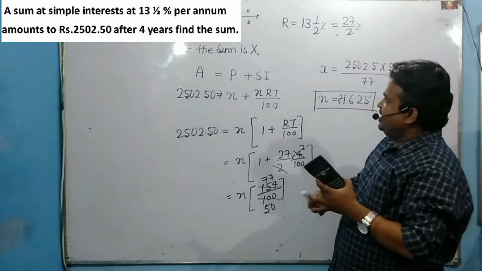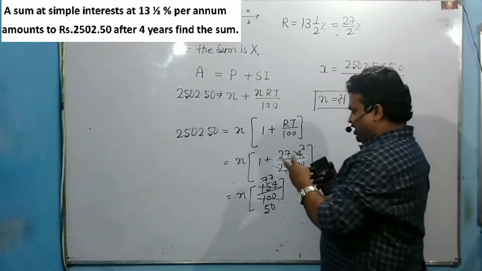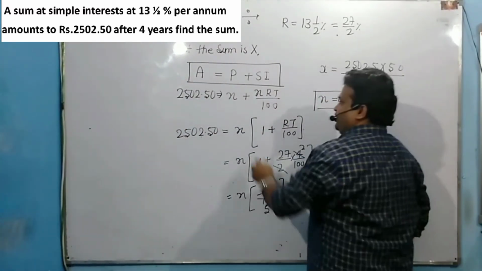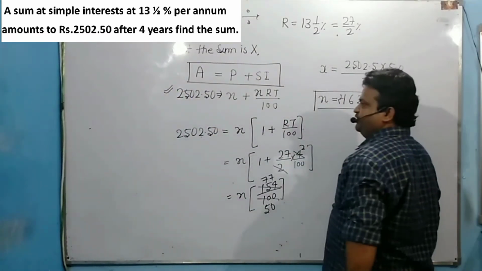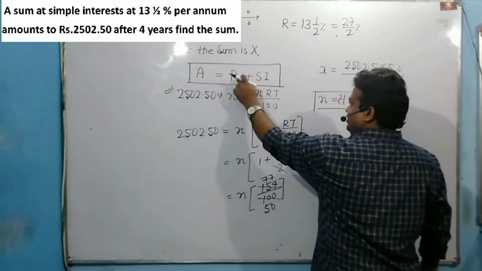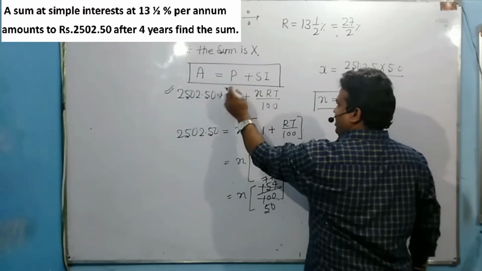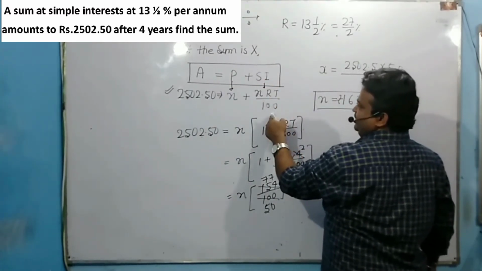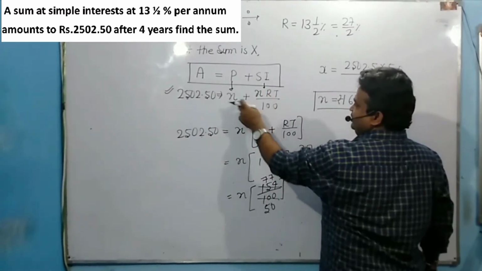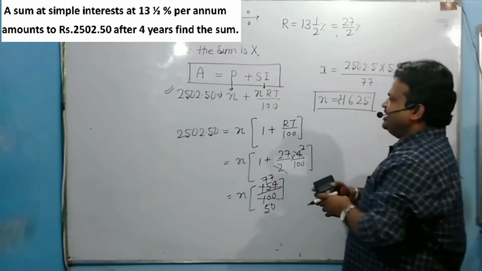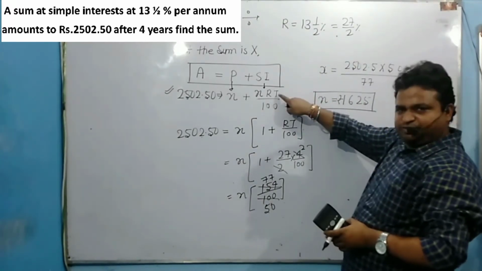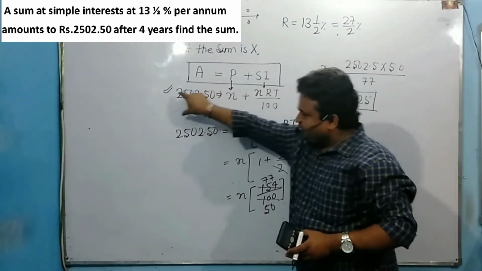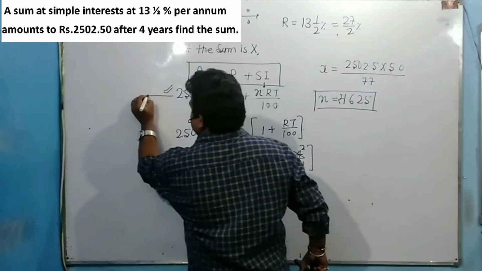Again I am repeating. Let the sum value be x. So this is the formula. The accumulated amount is given to you, so this is the final amount which is given. I put the sum as x. What is the simple interest formula? PRT by 100. I replace this P by x, so you have x common in this. You can solve it directly by putting this value in this equation. The rest is all mathematics. So if you generate the equation first, you will definitely get the solution.